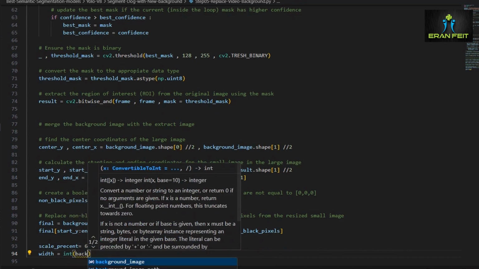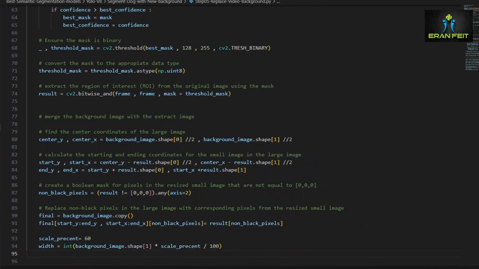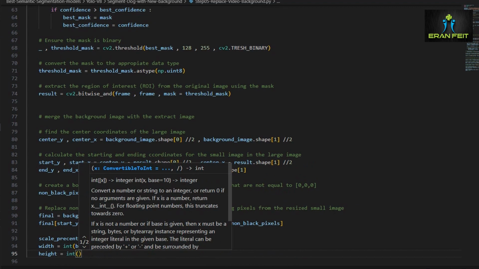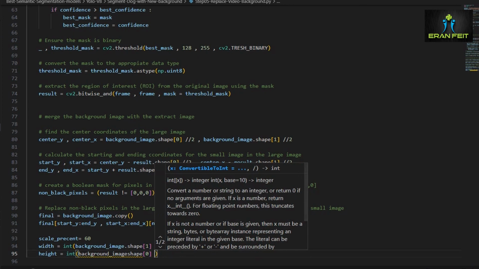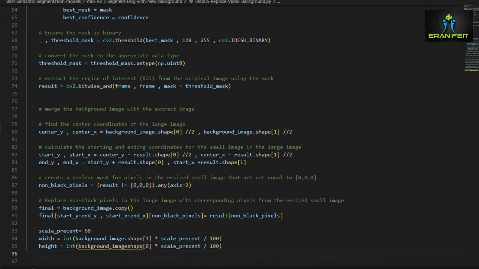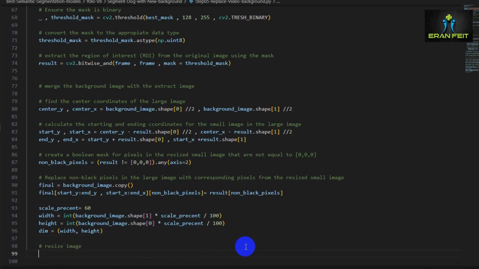And then since the result is a little bit of a big image to display, we will rescale it by 60%. So now we are finishing creating our final image,